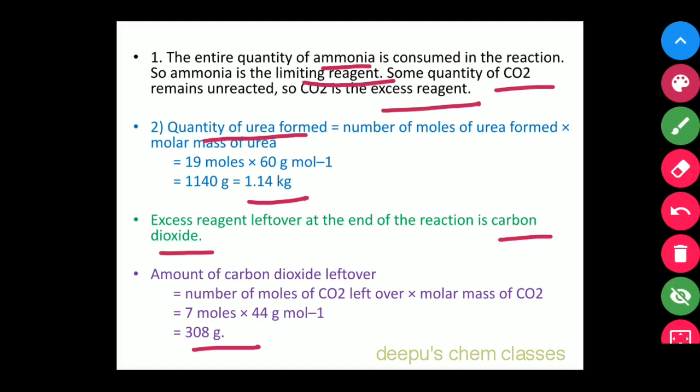Regarding a chemical reaction, the reagent which is completely consumed during the reaction is said to be the limiting reagent, and the one which remains or is present in excess is said to be the excess reagent. It depends upon the quantity we take during the chemical reaction. If it is a balanced chemical equation, we couldn't infer which is limiting and which is excess. Only if you take non-stoichiometric proportions of reactants could we infer which is the limiting reagent and which is the excess reagent.